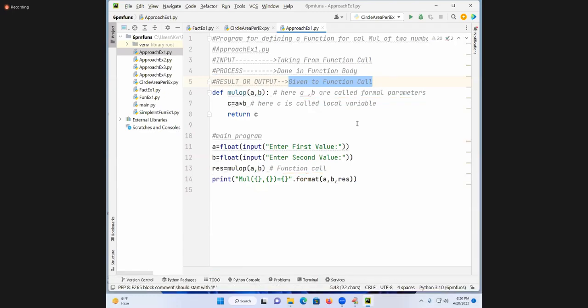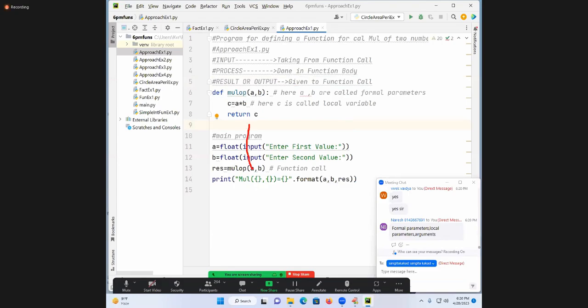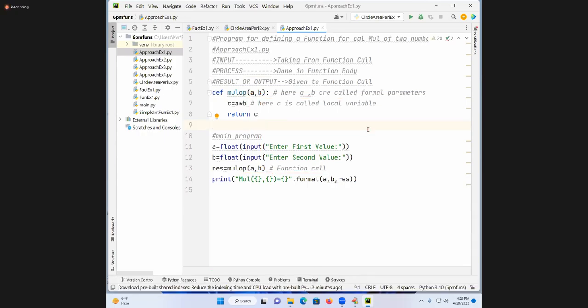Now students, one more question I want to ask you. What is the relation between arguments and formal parameters? See once. Is the A value going to this A or not? Is this B value going to this B or not? What are this A, B here? Arguments. What is the relation between both of them? Each value of the arguments is going to where? Formal parameters. This is called what? Arguments passing mechanism.